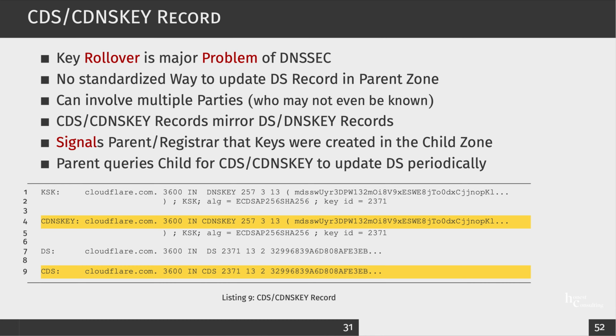As I mentioned earlier, a major problem is to inform the parent of your DNS zone about the delegation signer. And we will talk about key rollovers in one of the later modules. But as we just saw, the two different types of keys, the zone signing key and the key signing key, technically they could stay forever. So you can just sign your zone and then you can keep these